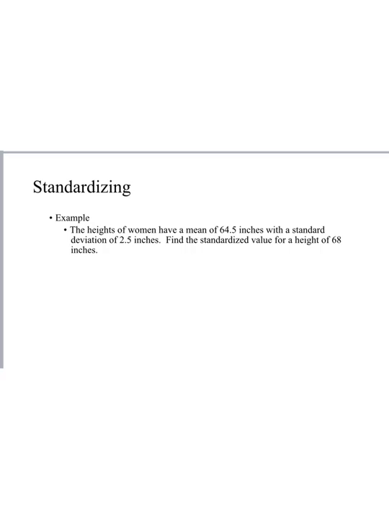In this example, notice women have a mean height of 64.5 inches with a standard deviation of 2.5 inches. If I want to find the standardized height for a value of 68 inches, notice we have a few key items. We have a mean of 64.5 inches. We have a standard deviation of 2.5 inches. And if I want to find the standardized value of 68 inches, I know that